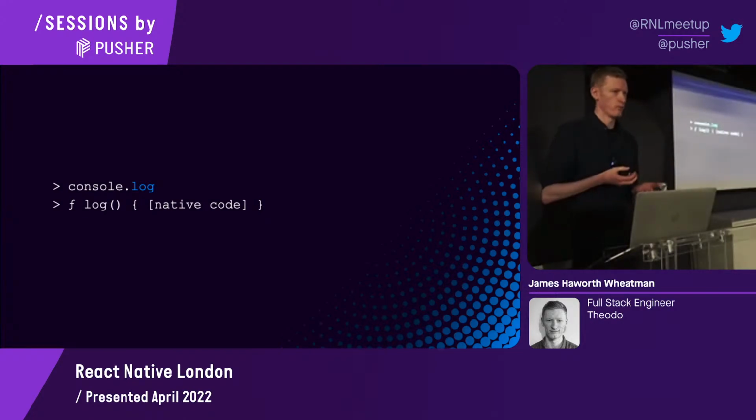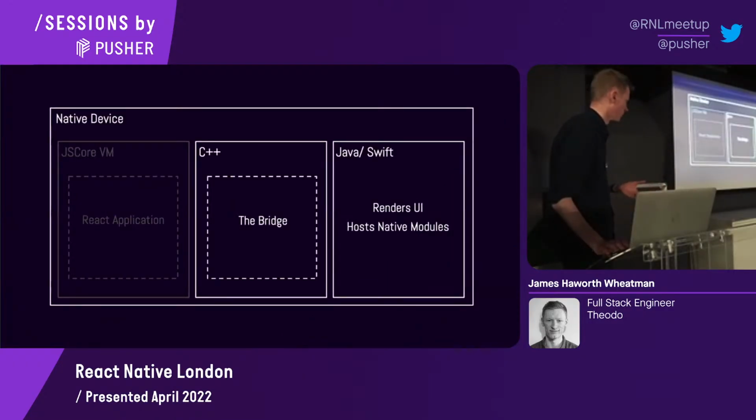Obviously all of them by convention have console.log, but the JavaScript environment where you're actually logging out console.log has no understanding of the implementation details that are going to go on when you do console.log. It just has a reference to the function that it needs to run on the native side of your device. So essentially console.log is running some native code, so it's not running JavaScript when you actually run your console.log. But you can call it from JavaScript. And that's essentially analogous to what the JSI is going to be doing.